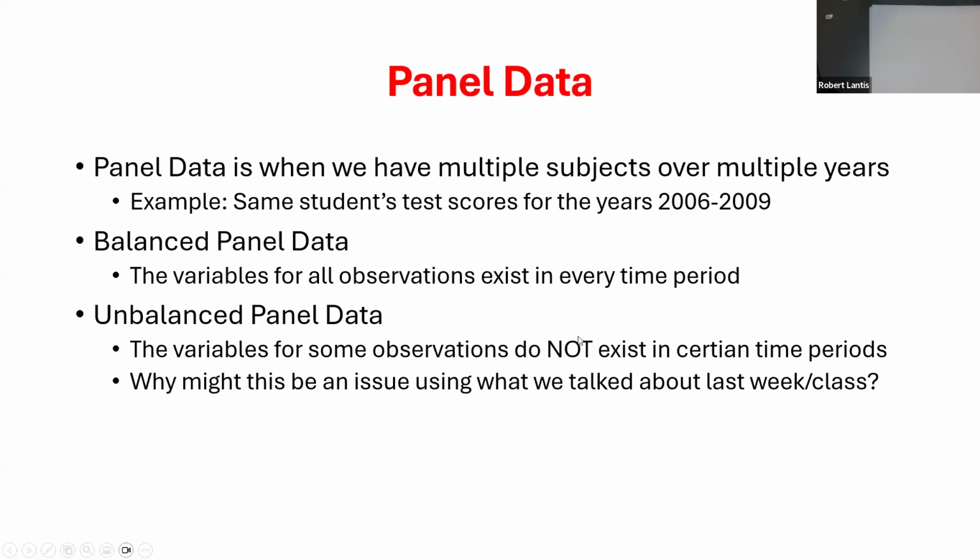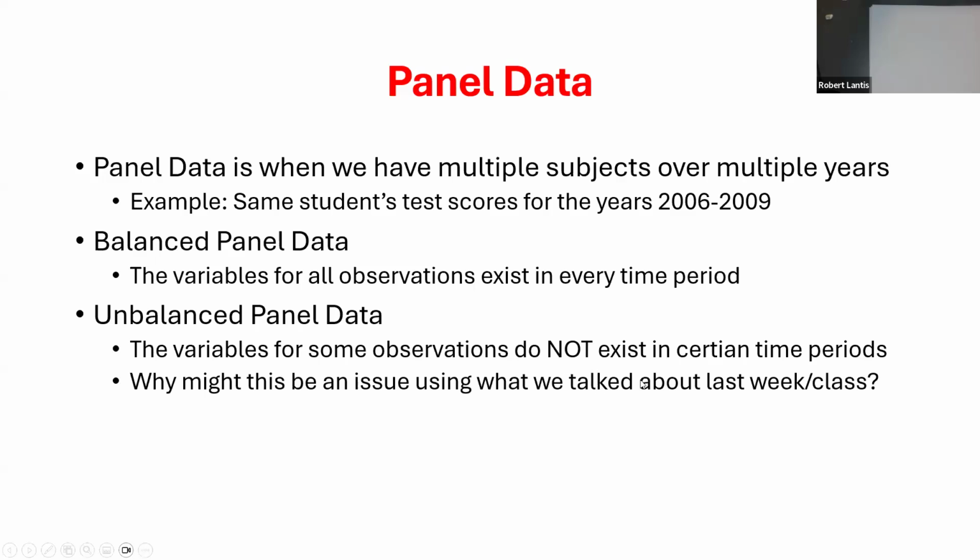We can actually relate this to what we were talking about with last week's material, which was missing data, because essentially with an unbalanced panel, we just have missing data. Now, we're not concerned if this is completely random, in terms of the types of students that we don't have all 4 years collected on, or the type of subject we don't have all time periods on. However, if we've got